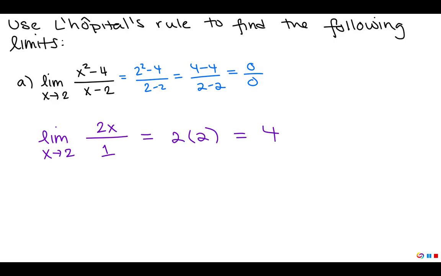And this time I actually get a number. 2 times 2 is 4, and that's my final answer. This limit equals 4. Now, since I'm not actually going to prove L'Hopital's rule for you, let me just show you